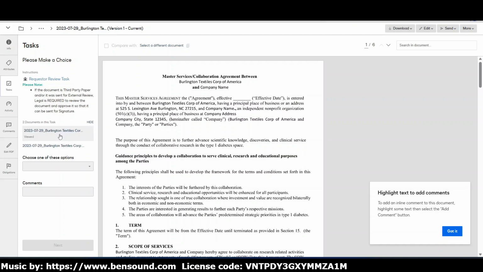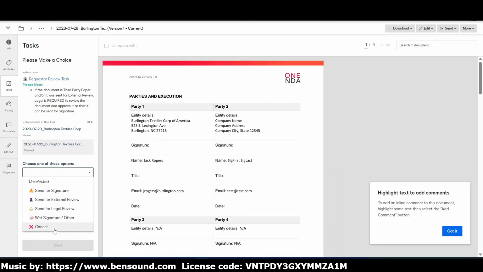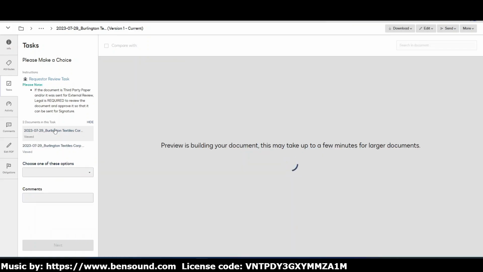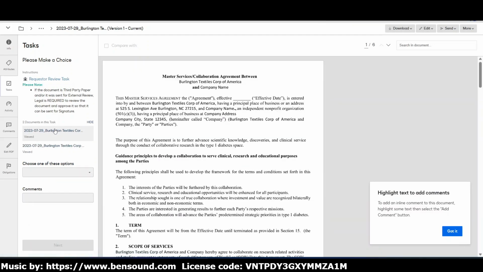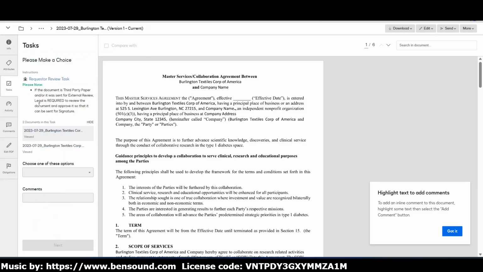And as we can see here, both documents are now part of this workflow, and they can be sent for signature together and all the other processes together. So again, stock document generation is not going to afford you this. The attributes that were applied is another thing that happens with the workflow. So a lot goes on behind the scenes along with merging the data of the information that needs to get merged. But this is a way to